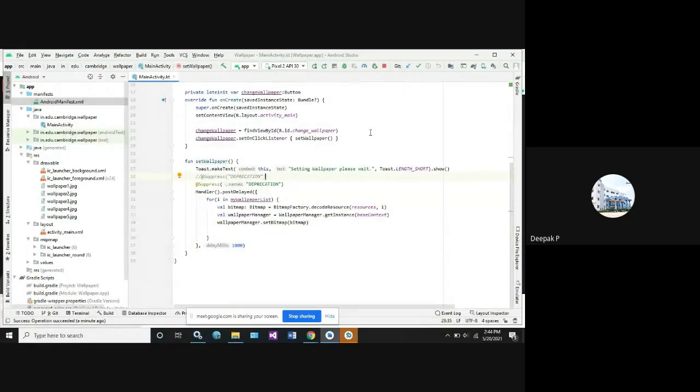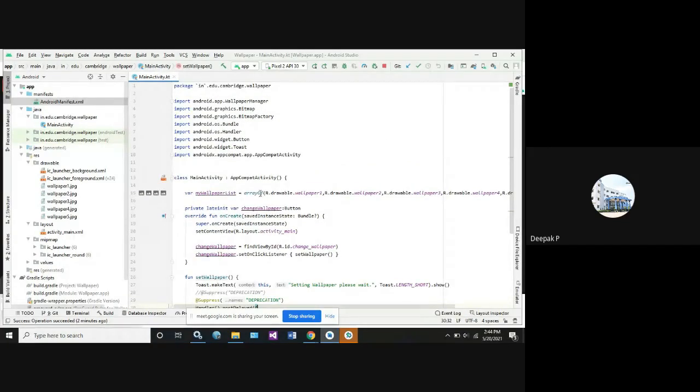As mentioned in the syllabus, you have to use the delay concept. So I will write the Handler function. We have written one more function called postDelayed, which delays based on the values that are set. So how to read the files? We have already set the wallpapers with numbers, wallpaper 1, 2, 3, 4, 5, in the form of an array. So I can read the files through the array using a for loop: for i in my wallpaper list. My wallpaper list means this is the content.